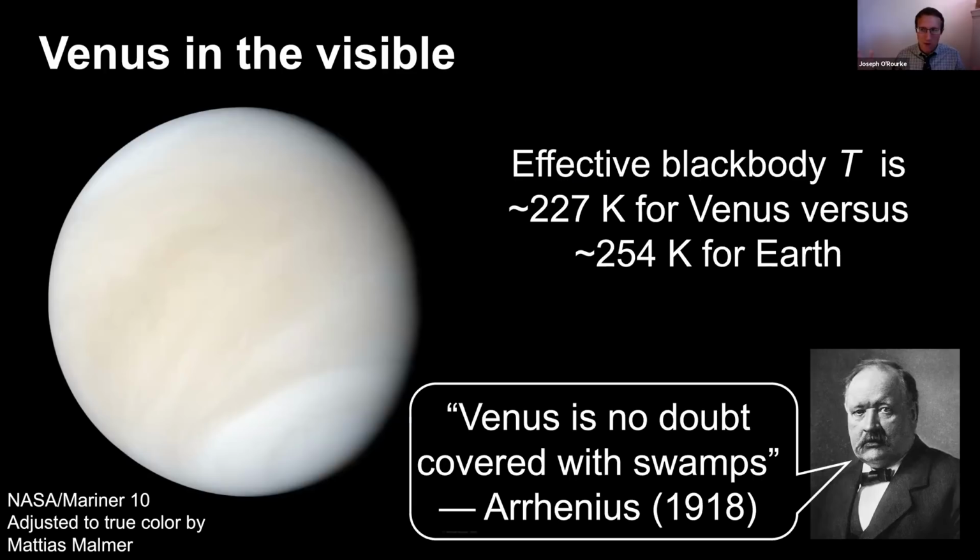So people for a long time thought that maybe the reason Venus is so bright is that it's covered in clouds, just like Earth is. We have nice fluffy water clouds, but unlike Earth, maybe Venus has a continuous blanket of clouds. And so maybe Venus is just this swampy, water-rich, but otherwise Earth-like world. So I always love to quote Nobel Prize winners making fools of themselves. And one of my favorite quotes is from Arrhenius, the famous physical chemist. And he confidently proclaimed a little over 100 years ago that Venus is no doubt covered with swamps.